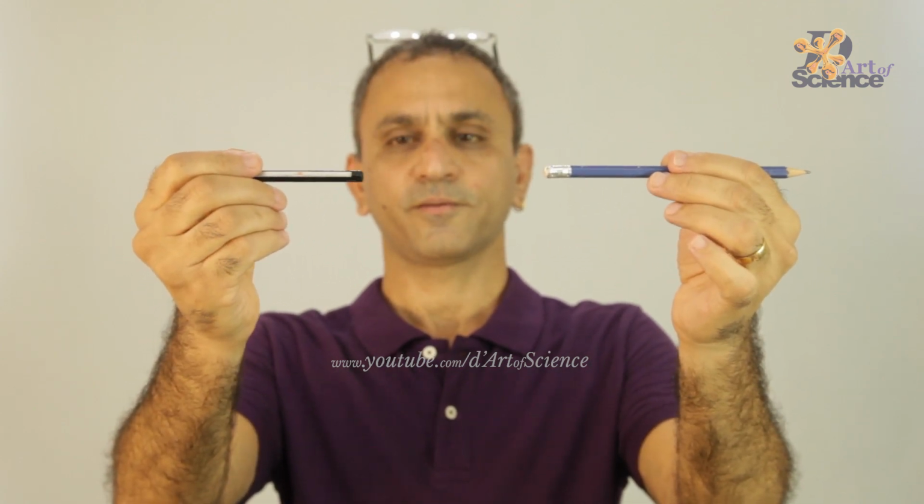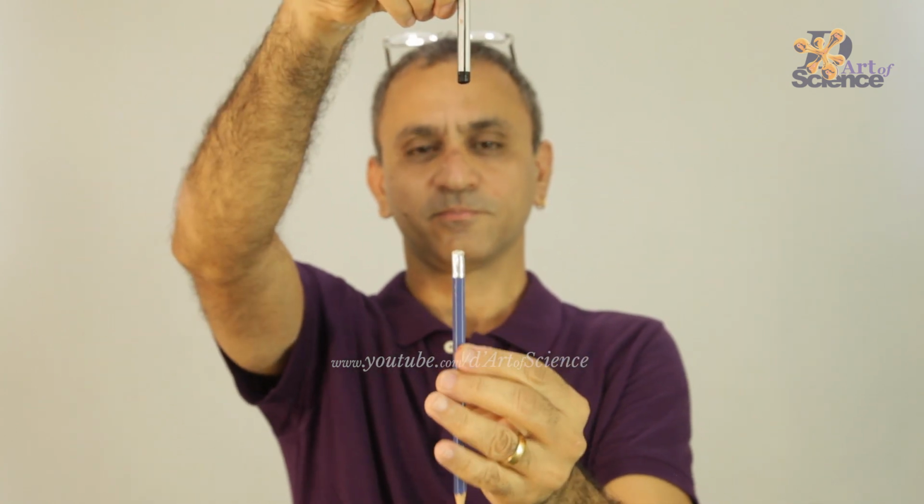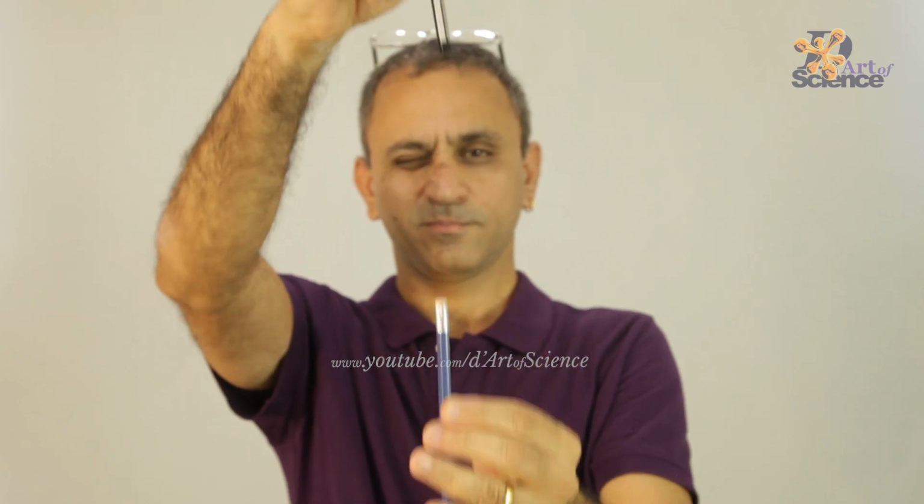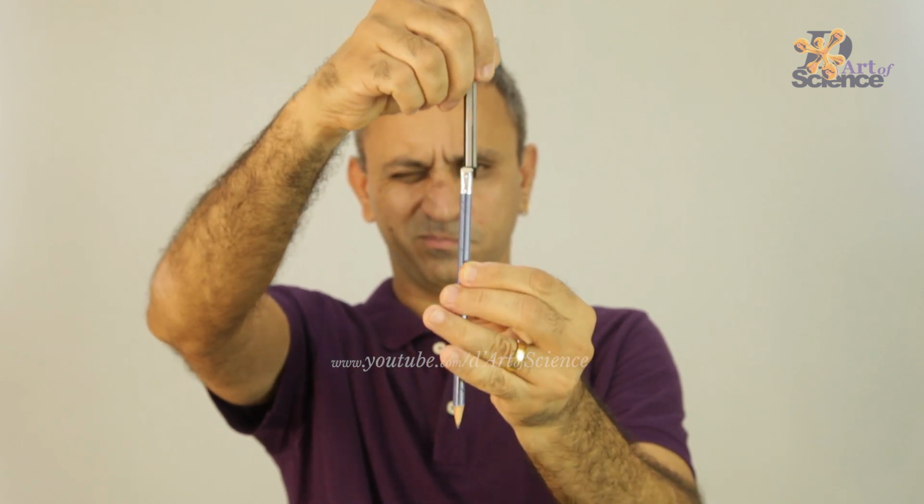Now do it with both eyes open. It becomes so much easier. Now do you have the answer? Two eyes help us get a sensation of depth which one eye cannot give. So that's how we can judge distances and how far objects are from us.